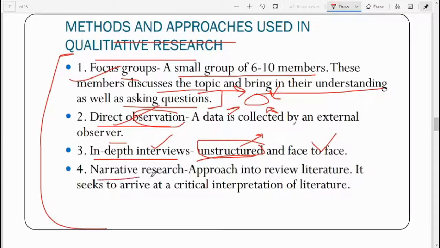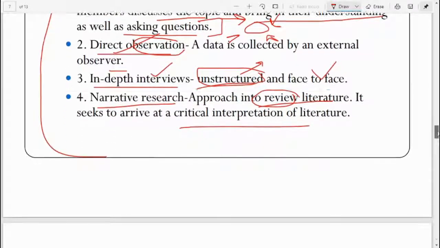Next we have narrative research. Under narrative research, we approach the literature and we try to review it, we try to critically interpret it to have a new understanding about that particular literature. Next we have